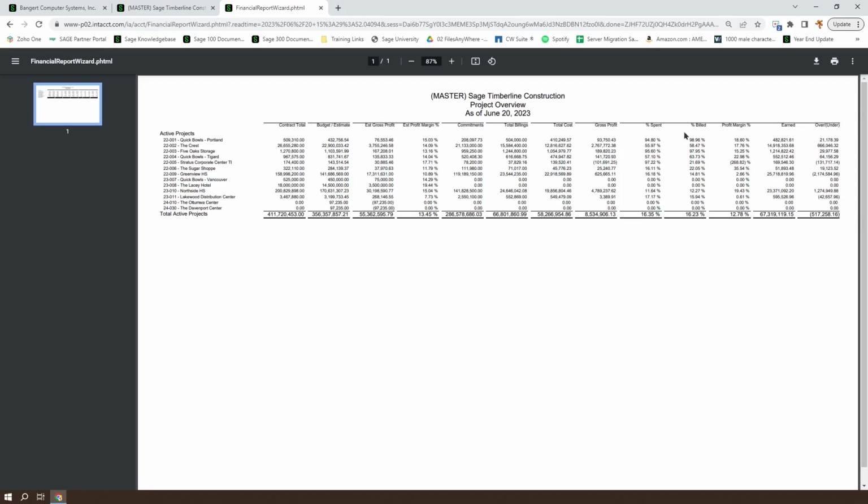For instance, we probably don't need the percent build. We probably don't need the profit margin or the estimated profit margin. They could be useful, and it could be something that you do determine that you need, but it would be a way to reduce the number of overall columns. There's not going to be a ton of options for how to shrink it too much further.